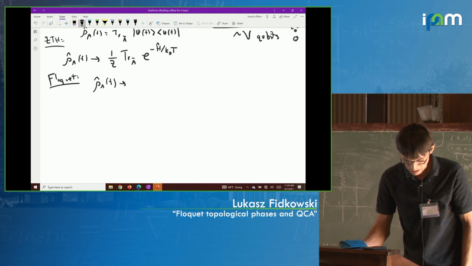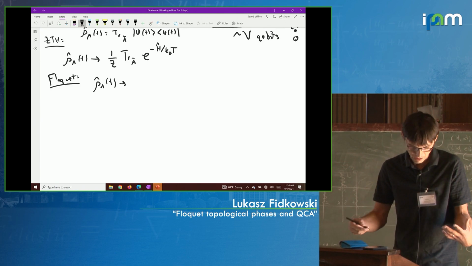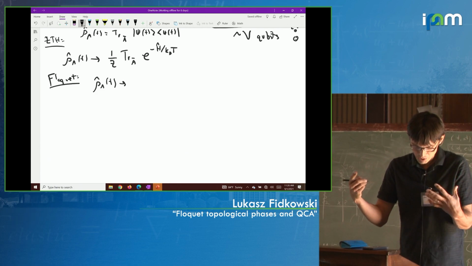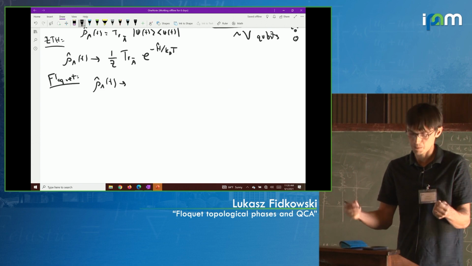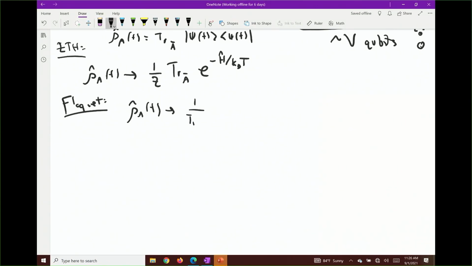For the case of Floquet-driven systems, the claim is, what can this possibly be? Well, it goes to an infinite temperature state. The infinite temperature Gibbs state is just the identity matrix up to normalization, so this is 1 over whatever, just the identity. It goes to the identity. Just infinite temperature. It blows up. You dump too much energy into it.